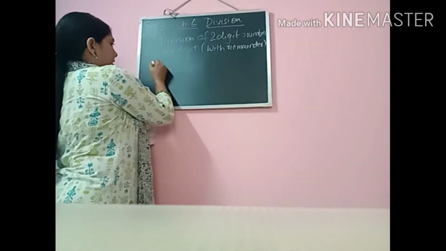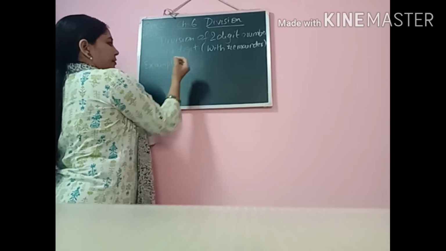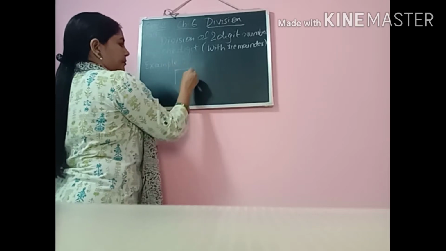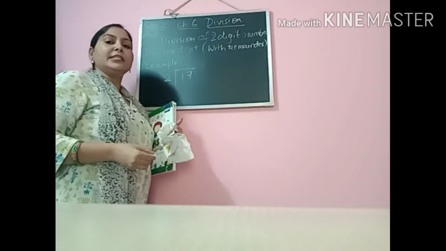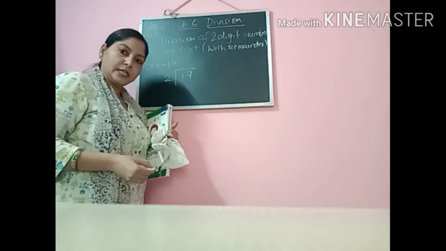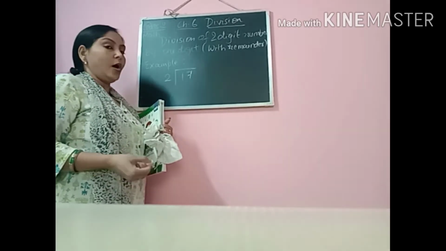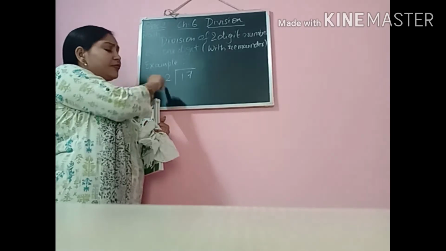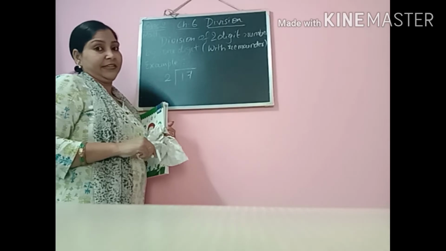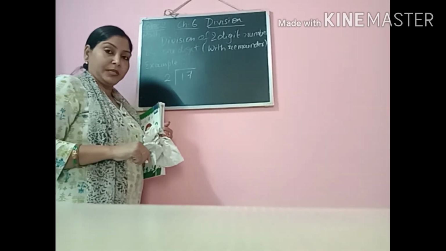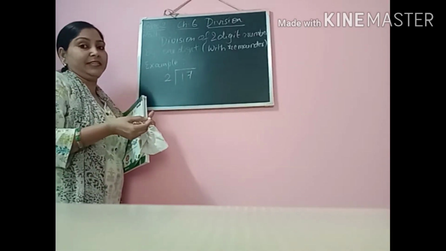So I'll just take an example over here. Say for example, I am taking 17 divided by 2. Now over here 17 is the dividend, 2 is the divisor, and we have to find out the remainder and the quotient. Now how to do this? Of course here we have to read the table of 2, till we get 17. Shall we get 17 in 2's table? Actually not. We will not get 17 in 2's table.